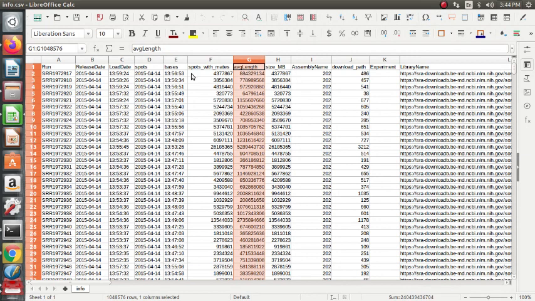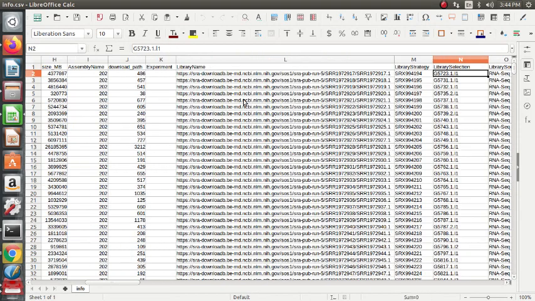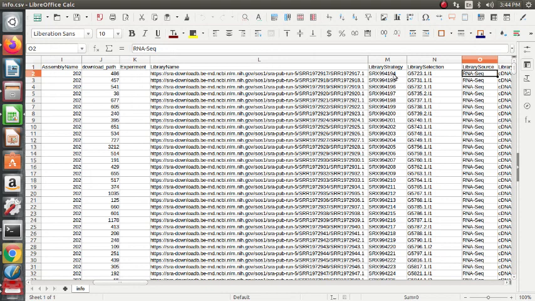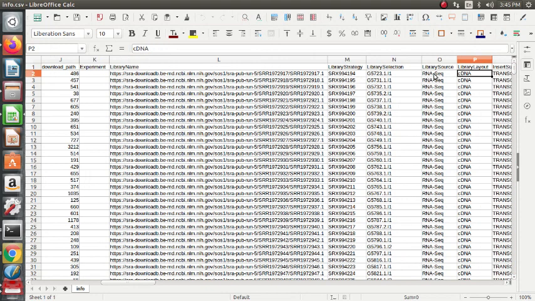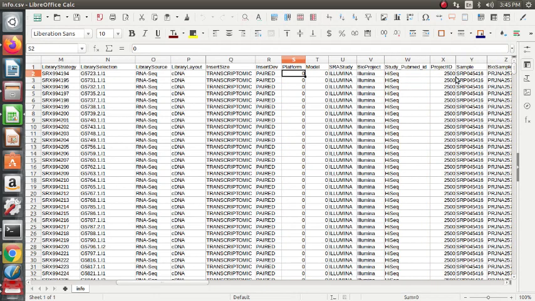Some column headers might be misleading, so we make careful observations. We saw that spots times the number of reads is the number of bases here. If you go further, this is a link, and this is the SRA experiment ID, then the type of the experiment, RNA-seq, cDNA, transcriptomic, paired, and then the platform.